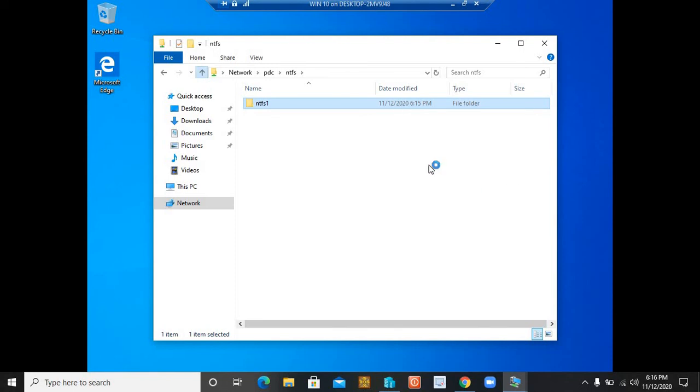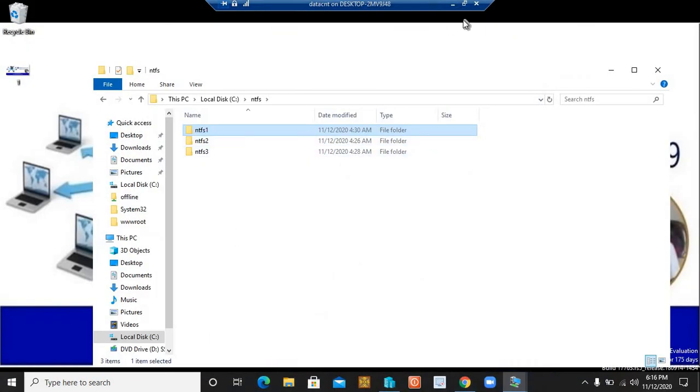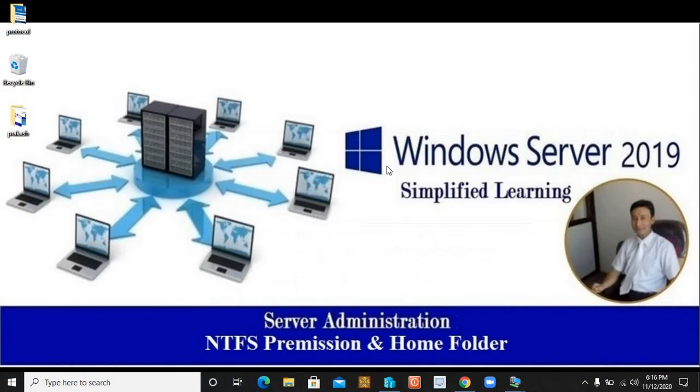So it's quite easy. I don't think it was difficult to understand or that there is any kind of doubt. NTFS permission and home folder is very important work as a system administrator, so that your permissions are set precisely. You have to be careful while setting permissions for NTFS. Otherwise, the wrong user or any other third client might get permission to access the confidential documents from the network. So if you think these NTFS sharing permission and home folder steps were easy going,